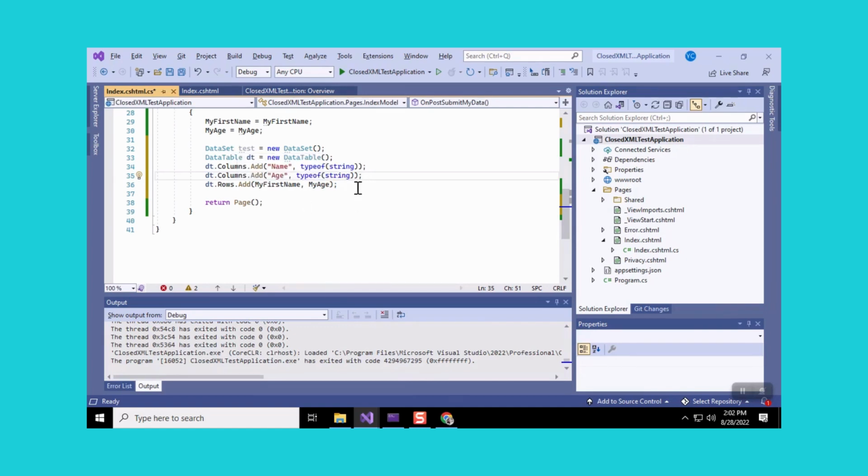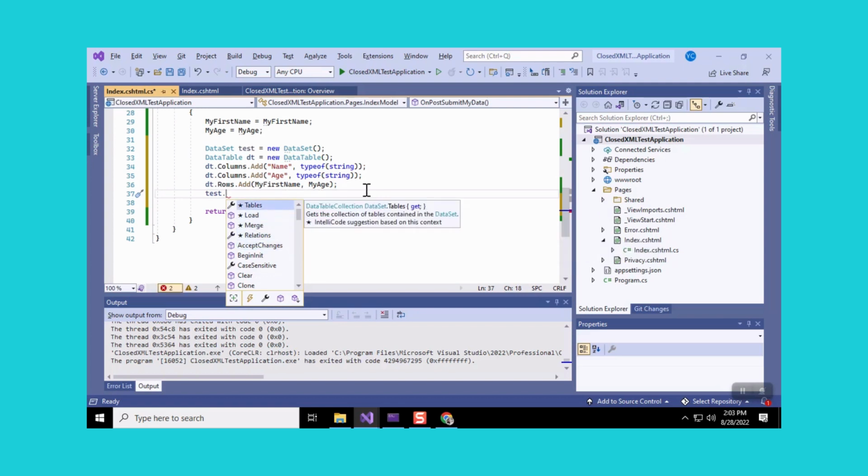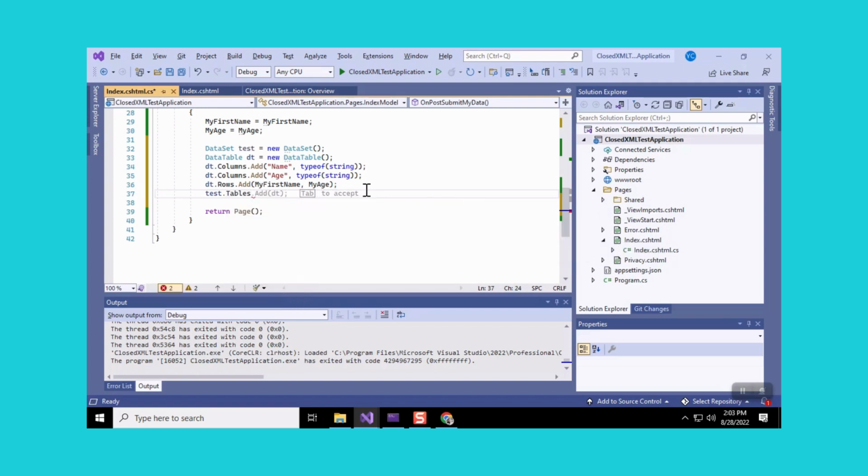Okay, what else we need to do is, the next step is to push or add that data table into a data set. So let's just write the code, test.Tables.Add, and our data table is dt. Alright, so we have done all the basic steps. We need to